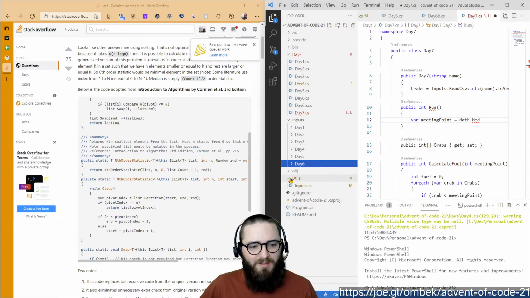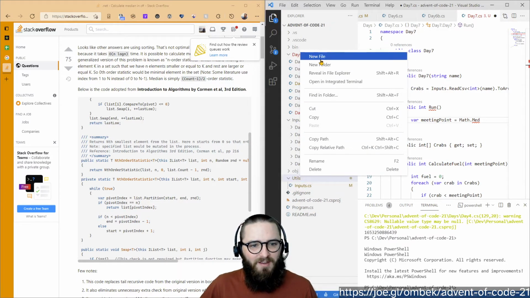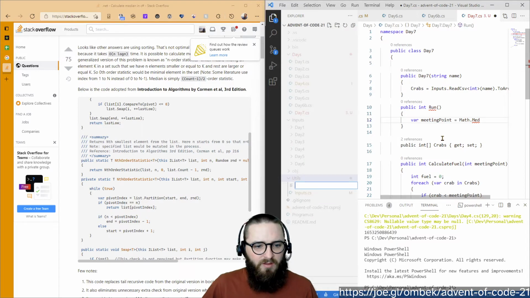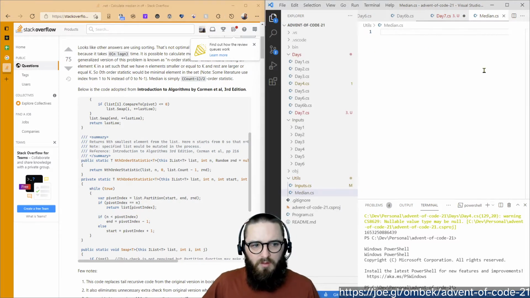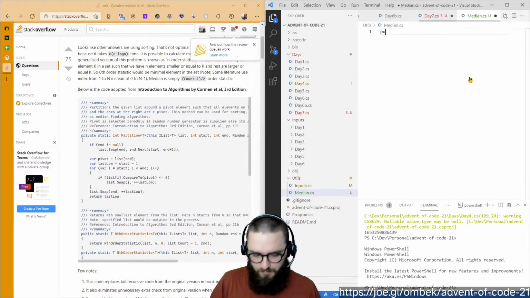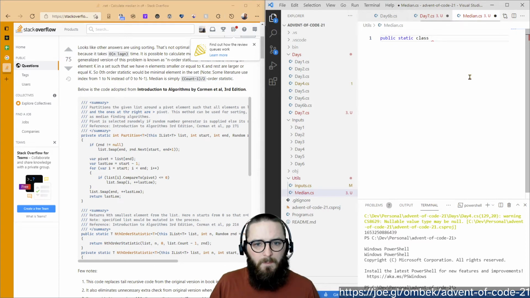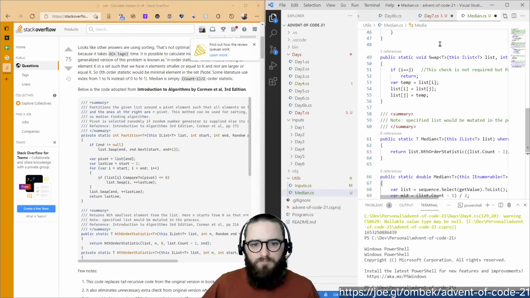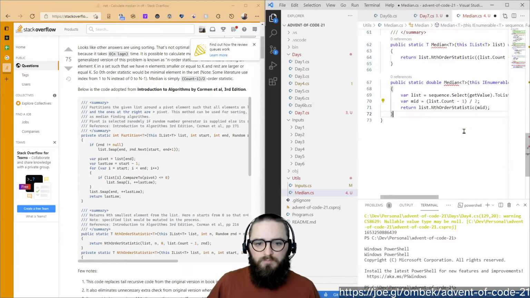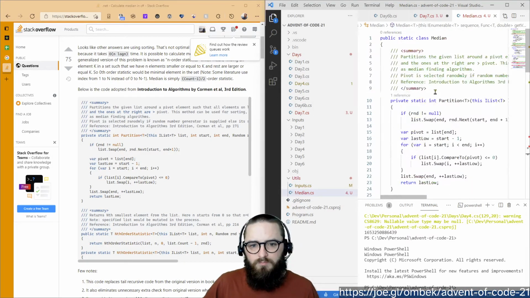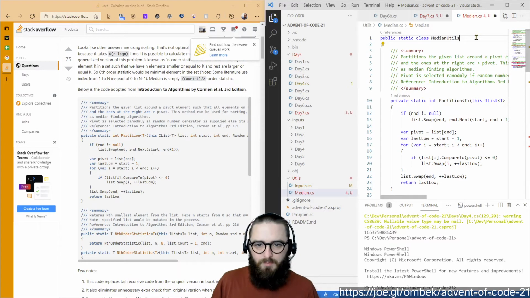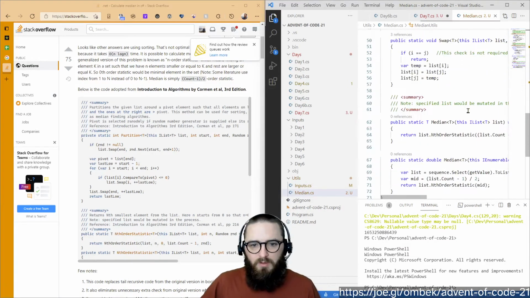We're going to put that in our utils, new file, and this is median.cs. That is a public static class median. Utils, because I can't call it the same thing as the